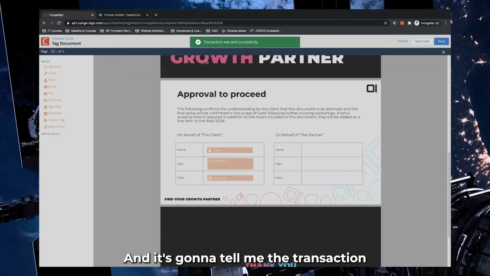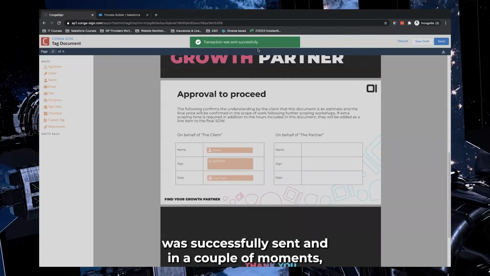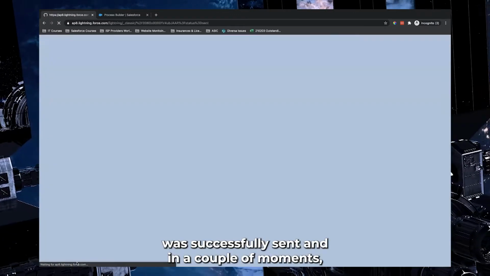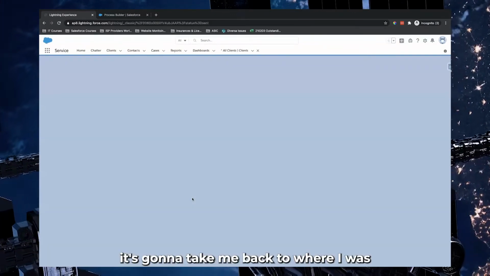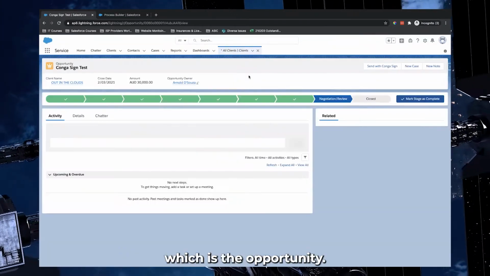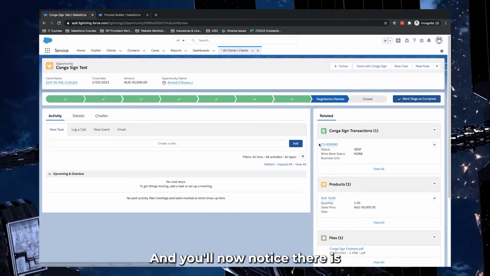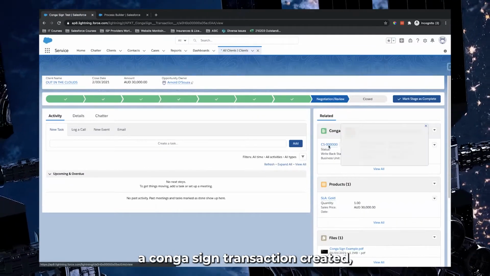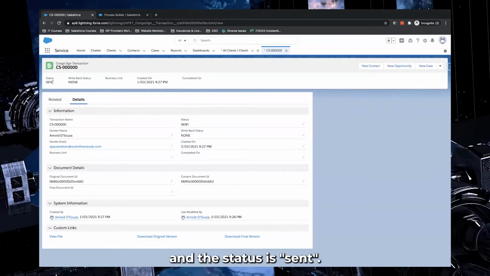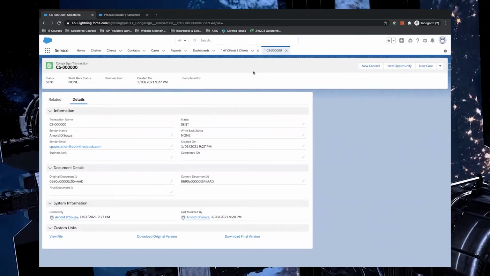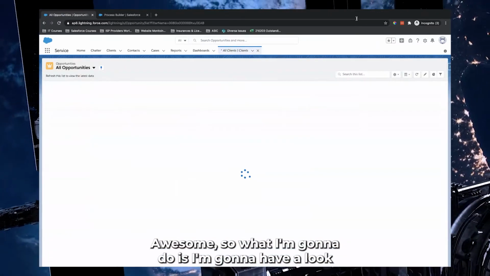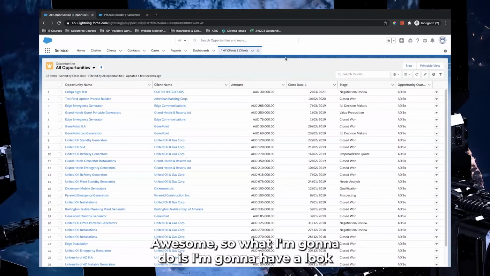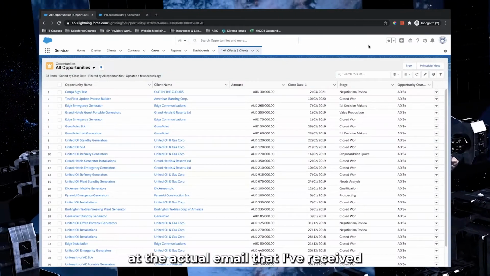And it's going to tell me the transaction was successfully sent. And in a couple of moments, it's going to take me back to where I was, which is the opportunity. And you'll now notice there is a CongaSign transaction created and the status is sent. Awesome. So what I'm going to do is have a look at the actual email that I've